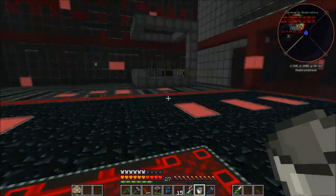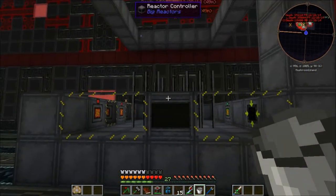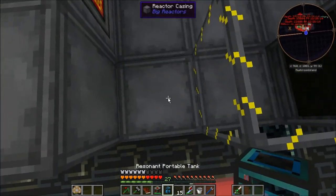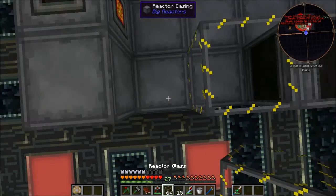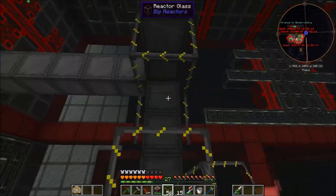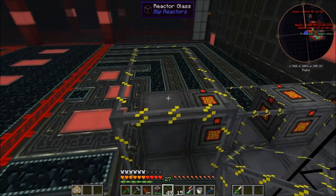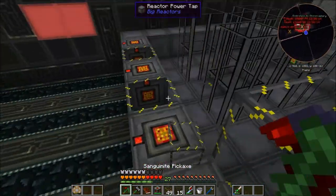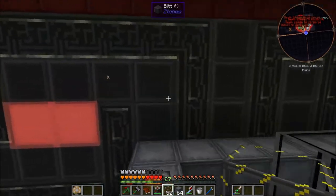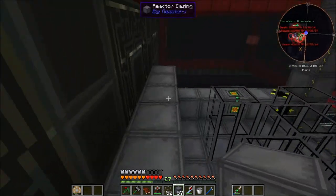And we'll go to the reactor. And you can see my design is a hell of a lot smaller than theirs. So yeah, we're going to break this out and we're going to put our reactor glass there. We're going to go ahead and completely build the remainder of this reactor. I think the edges actually do need to be reactor casings. And there's no point in having reactor glass as the back wall, so